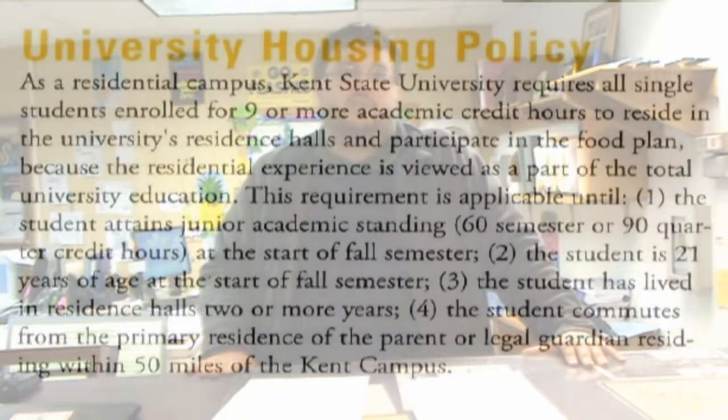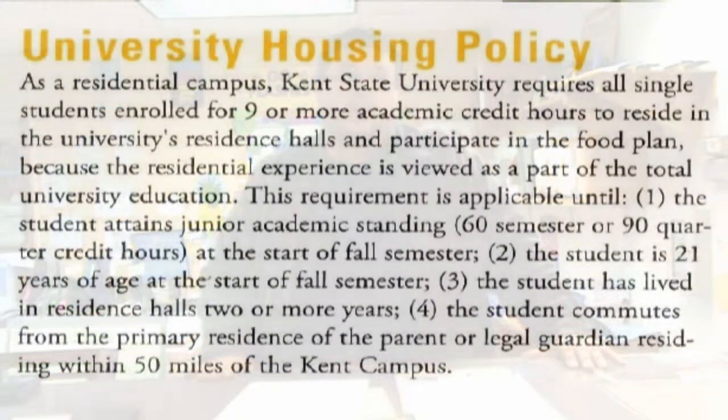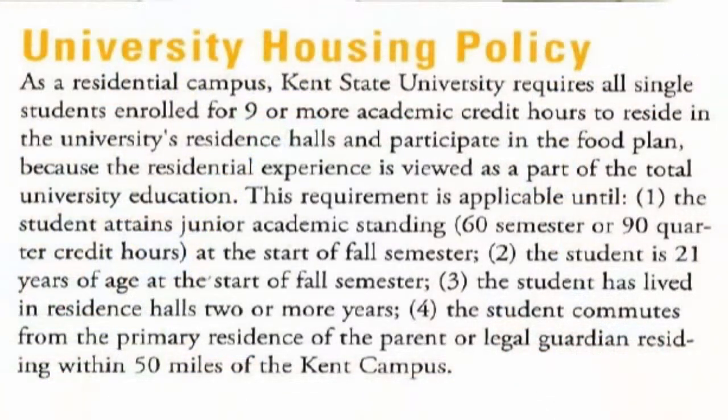What that means is any student who is under the age of 21 and who is not married is required to live on campus during the first 2 years or 4 semesters of their college career. So again, if you're under 21 and you're not married, you are required to live on campus for the first 2 years. In terms of your housing application, I encourage you to apply as soon as possible, pretty much as